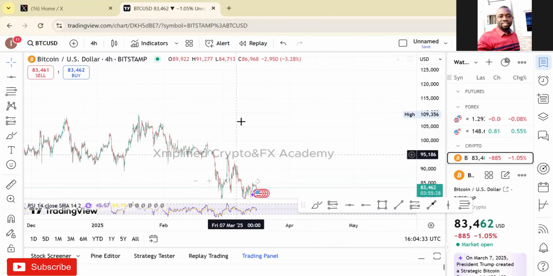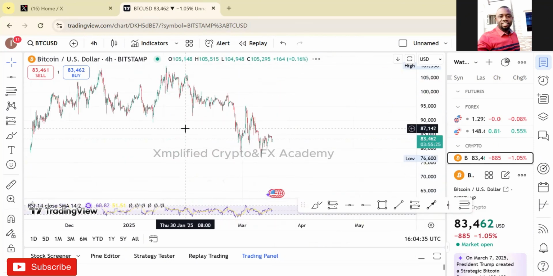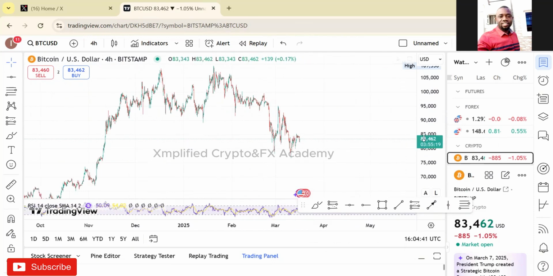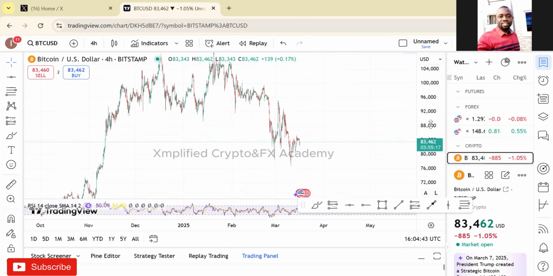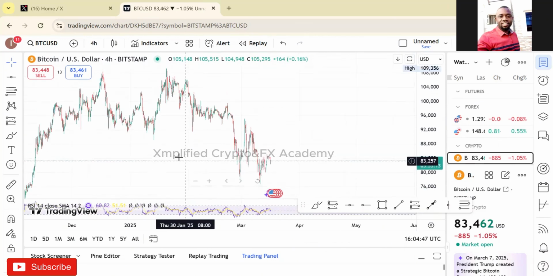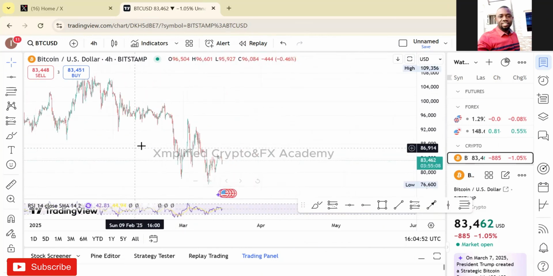Remove all the drawings. Okay, fine. Now, with your eye, without drawing the downtrend line, you can actually foresee what's happening, isn't it? You can foresee that Bitcoin is fluctuating. Okay, fine. Now, looking at these things with your mere eyes now,